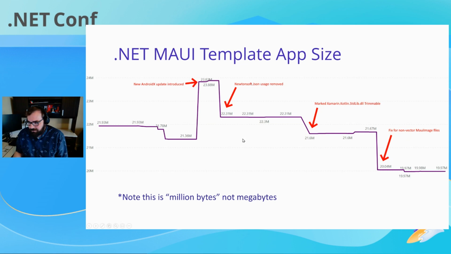Another thing that was very noticeable here, we mentioned Newtonsoft.Json. There's nothing wrong with that library in itself, but this app uses Blazor WebView, and Blazor WebView uses System.Text.Json. So we had an app with 2 JSON libraries in it, right? So you're paying for that size twice. So we updated that app to not use Newtonsoft.Json, and we got a very nice size reduction in the app. So that's something that's worth checking out if you have something like that in your app.